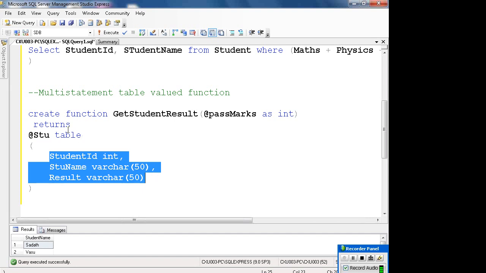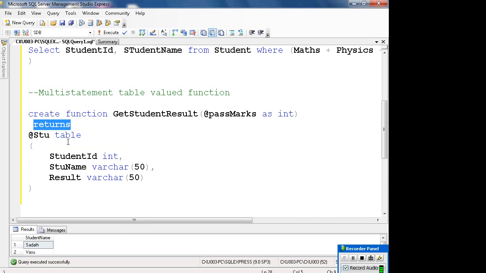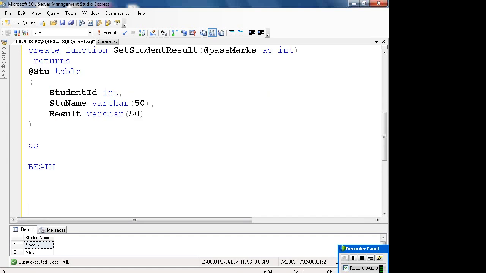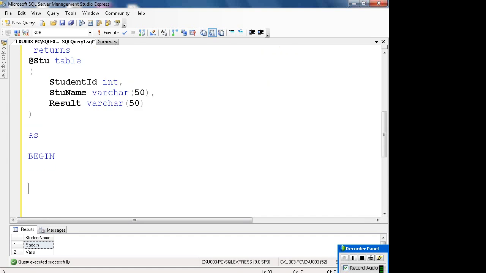I will first say returns what kind of table? It returns the @STU table variable which has these columns. Here you are defining the structure of your table and then as begin and what will I do? You will say return bracket begin. Okay, so I will have to say now I want to get some values into which table? I have to get some values into this @STU table. Okay, so I will say